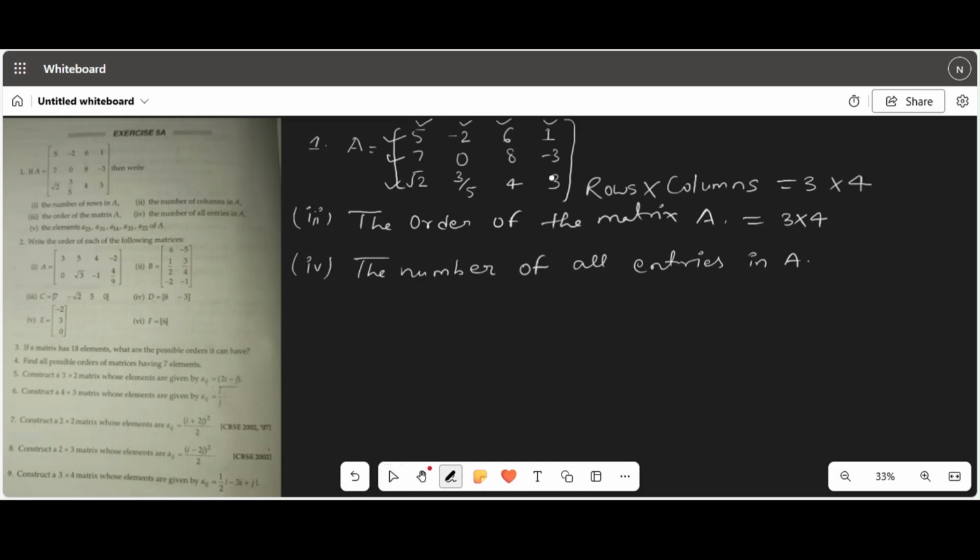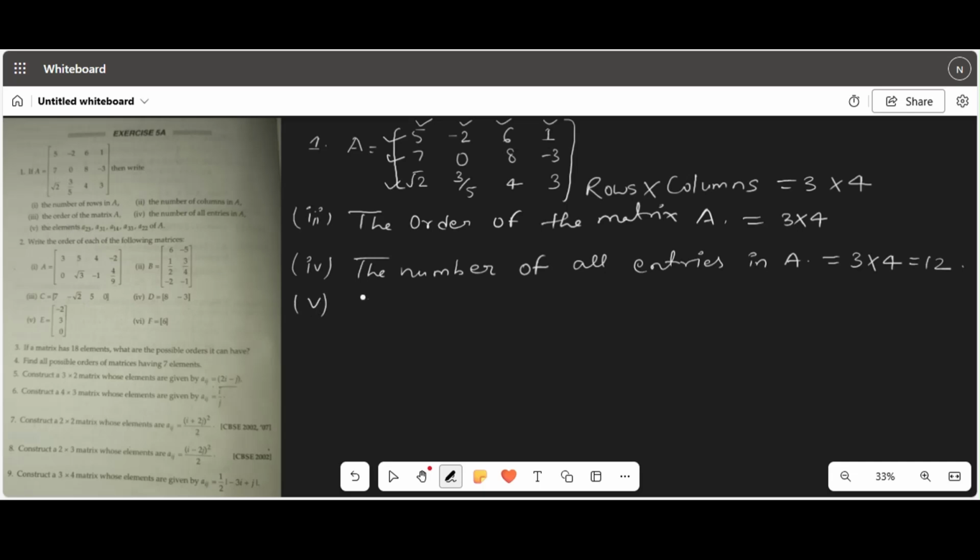So if we are not counting, then how will we find the total number of elements? It is given by rows into columns. So when we multiply rows by columns, we get the total number of entries and the total number of elements. Both are the same. If it is asked in a question, then also you go with this. So you can write 3 cross 4. If you want to just count, then count. And if you want to do it smartly, then just multiply. 3 into 4, that is 12. So the number of all entries in matrix A is 3 cross 4, that is 12, answer. So now we'll see fifth number.